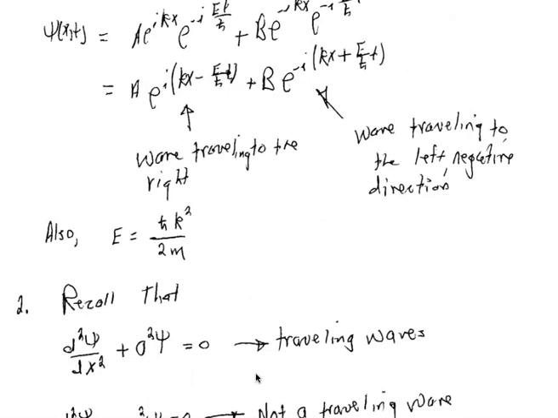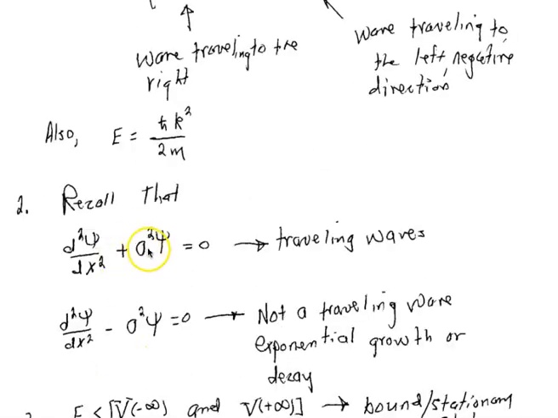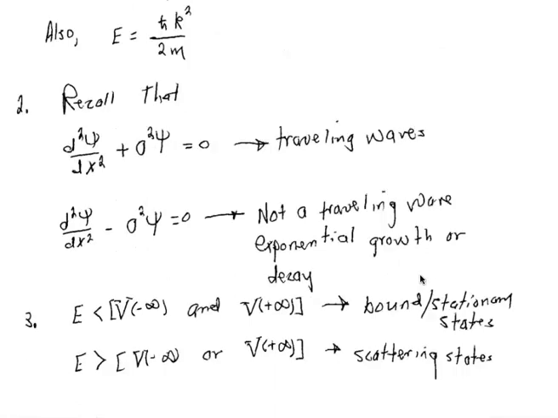But as we get into this, let me have you recall that if you have a differential equation of this form, d second psi dx second, with the plus sign there of some constant a squared, this represents a traveling wave. Now, if you just have a negative sign there as opposed to a positive, this is no longer a traveling wave. This is an exponential growth or decay. Psi will now be an exponential growth or a decay. It will not be a traveling wave. And you will meet both of these aspects in these scattering type problems.